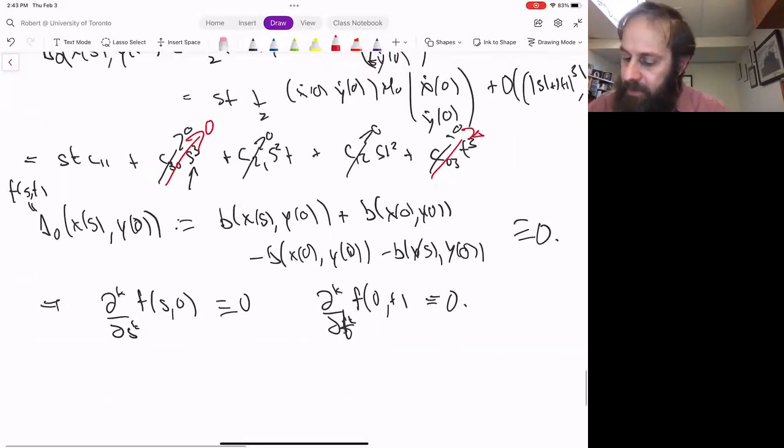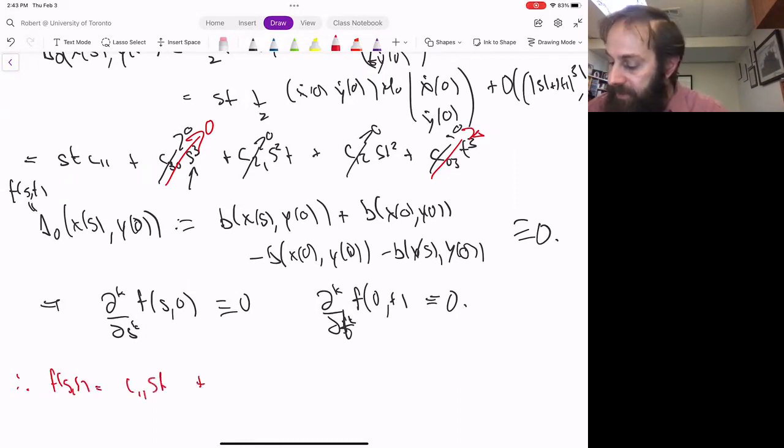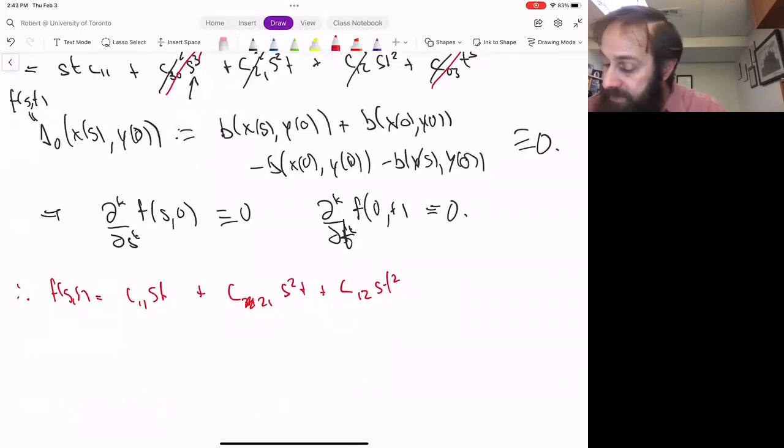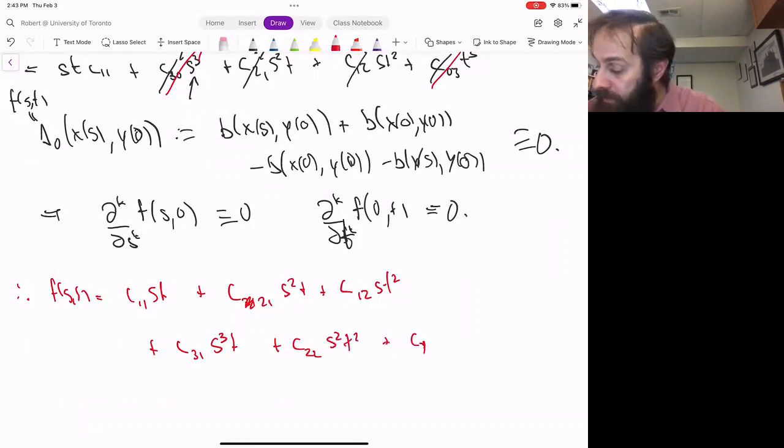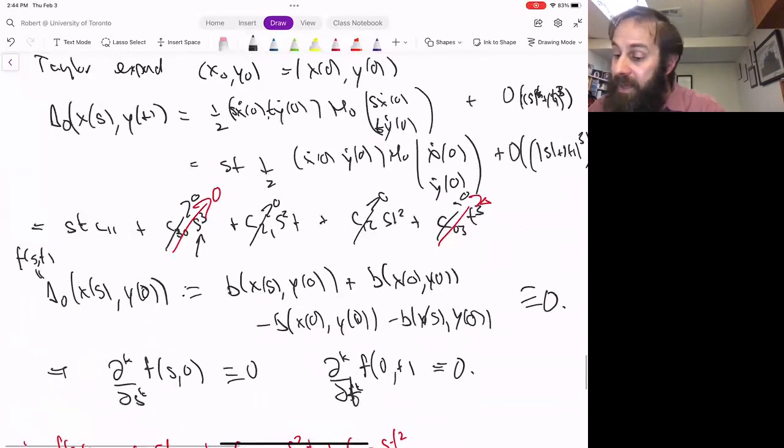So far the Taylor expansion of f(s,t) is c11 st plus, now I can go right to the fourth order terms. There's c21 s squared t plus c12 s t squared, plus c31 s cubed t plus c22 s squared t squared plus c13 s t cubed. And so next I want to claim that because I chose